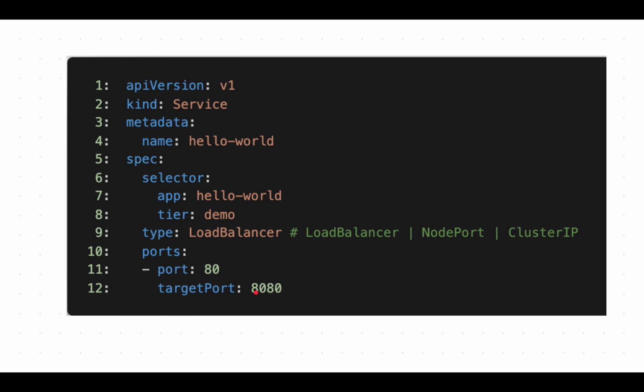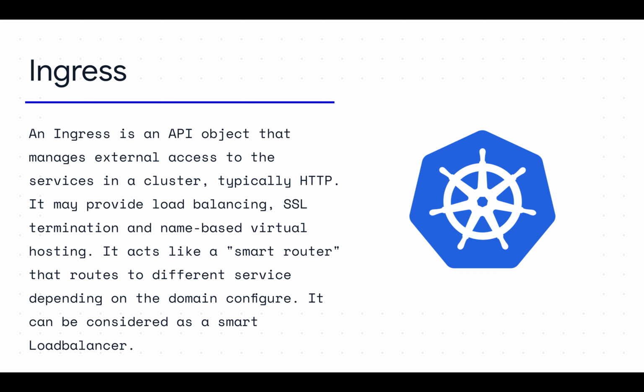Yeah, so we've talked about communications within a pod. We've talked about pod, we talked about replica set, and we talked about the big boss, deployment. We also talked about the communication between pods in the Kubernetes cluster. Let's digress a little bit into what is called an ingress. An ingress is an API object that manages external access to services in the Kubernetes cluster. So basically, an ingress specializes in external communication with the cluster, external communication to your application that's in the cluster.